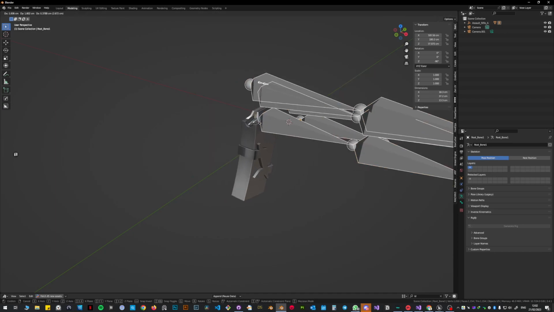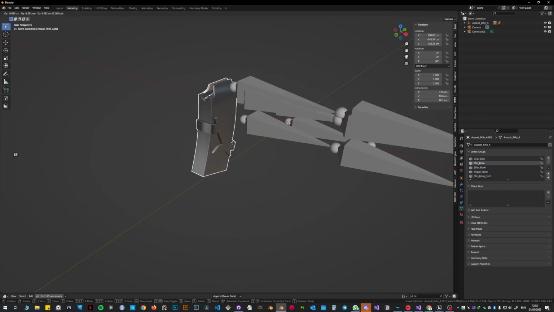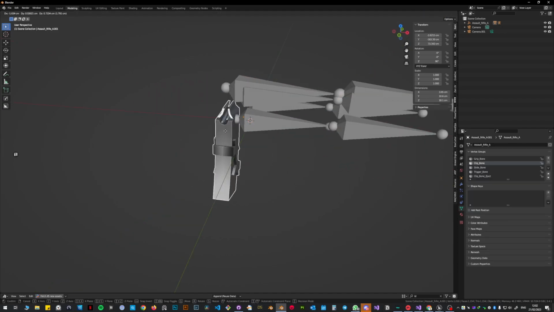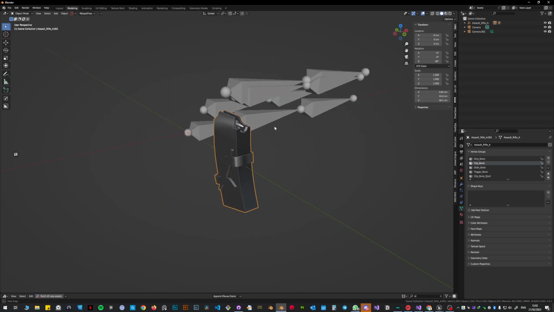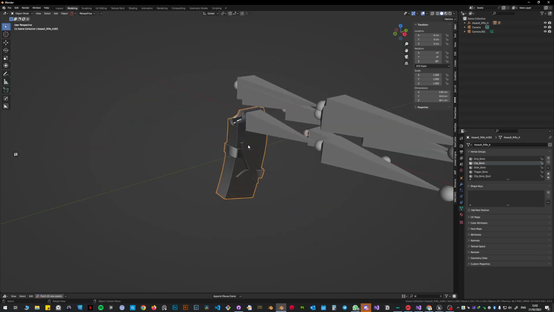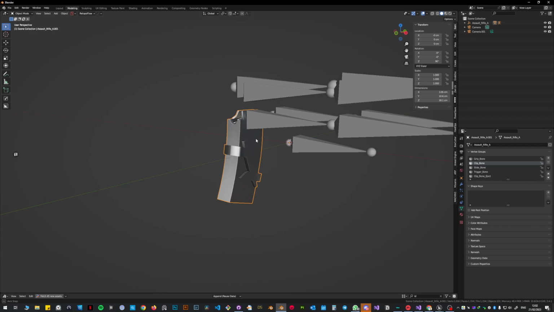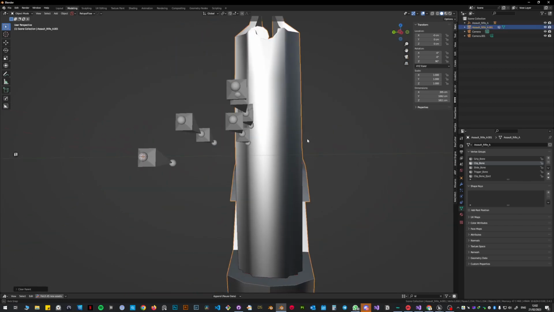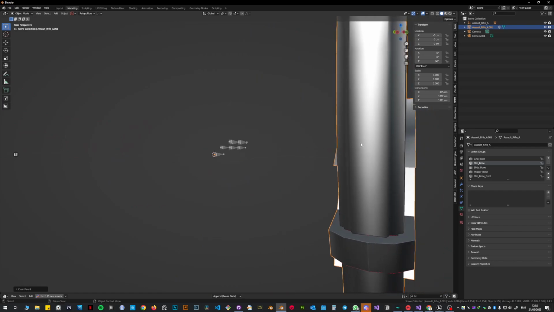Like if I move the skeleton, it will move also the magazine, right? Like the magazine can move by itself, but it's still attached to the mesh. So what you want to do is select the magazine, then hit Alt P, so Alt P, and you want to clear parent, but don't click this. You need to clear and keep transformation, because if you clear parent,